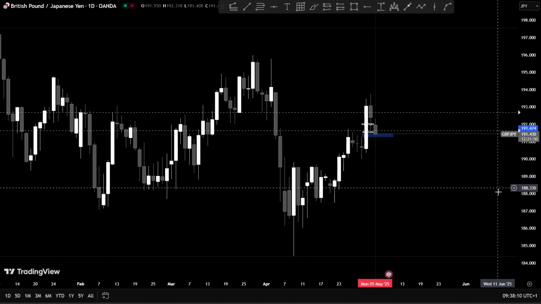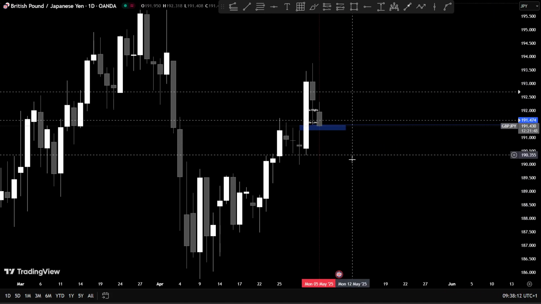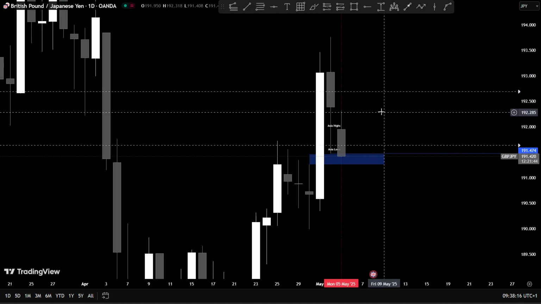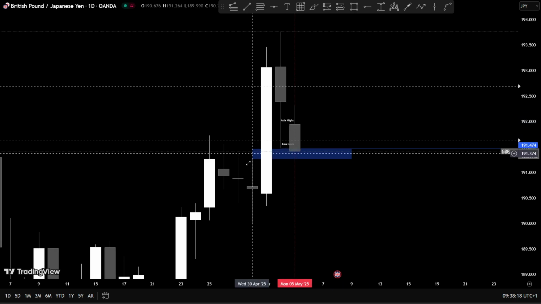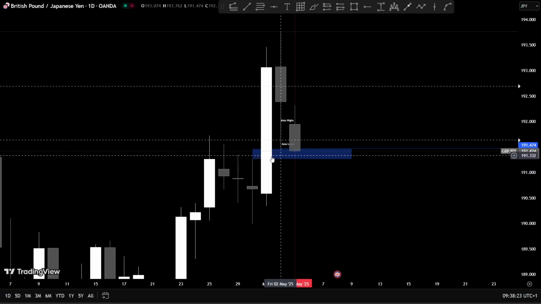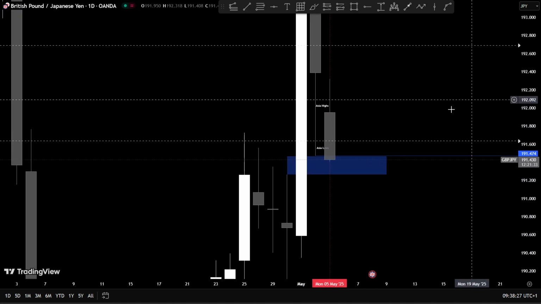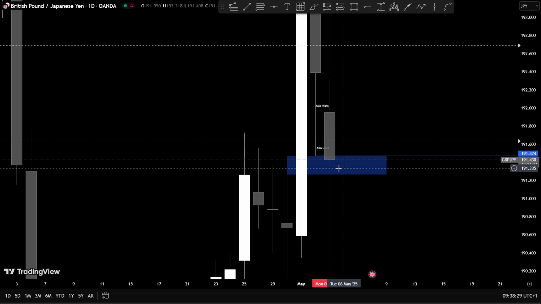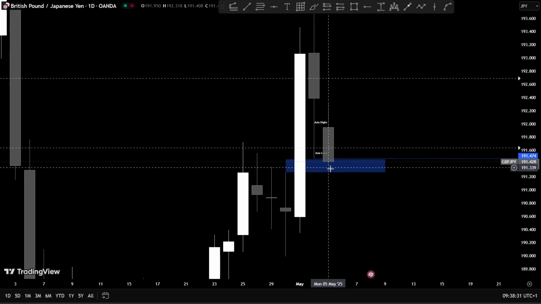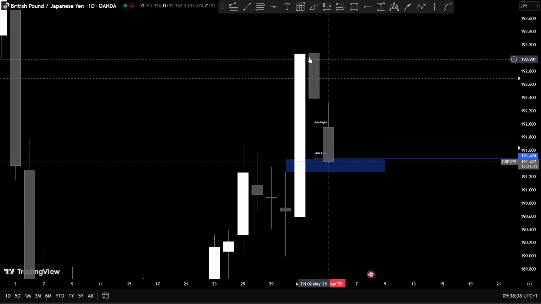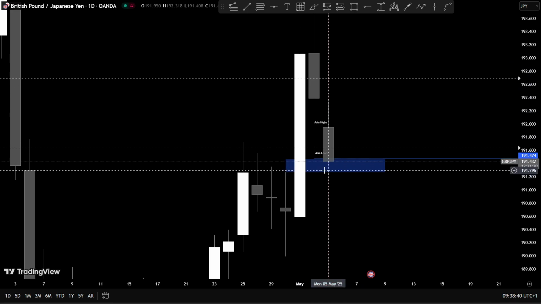As you can see, the overall daily trend is bullish, but today is actually being bearish. We also have this bullish daily fair value gap right here. Price should push into it and we should see a reversal from this one. We have an overall bullish order flow, and we just retraced into a daily fair value gap.